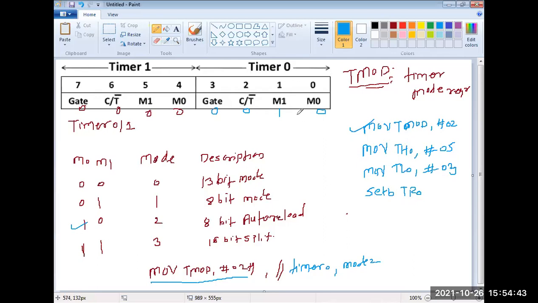Then in that timer 0, I have the two registers TH0 and TL0. So I'm loading the count value 0503, which will become 0503 in hexadecimal. You can check this count value, you will get some time delay. After that, SETB TR0 means what? I'm running the timer 0. Means turn on the timer 0. The meaning of this instruction, let's understand that part next, but I'm explaining here.